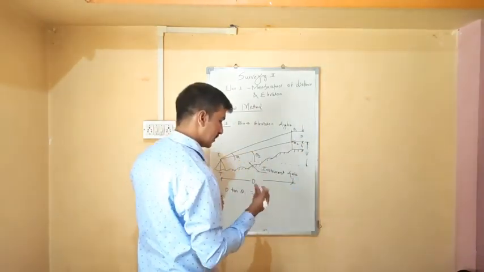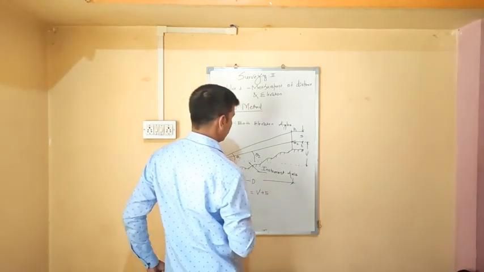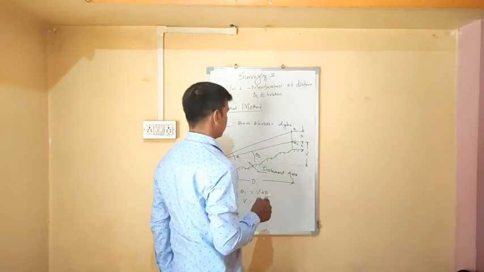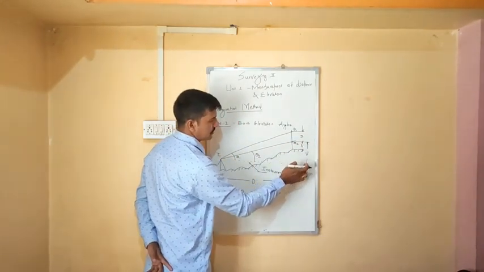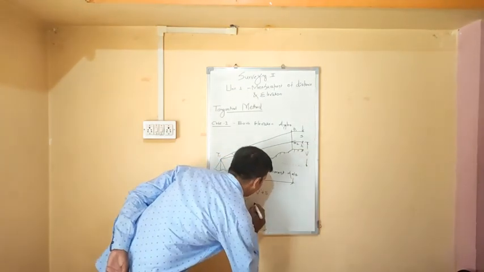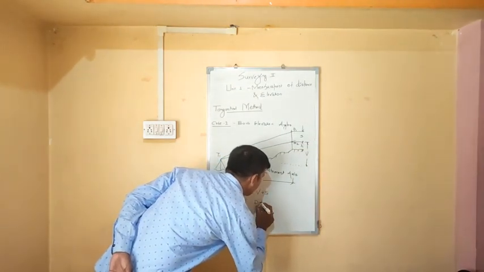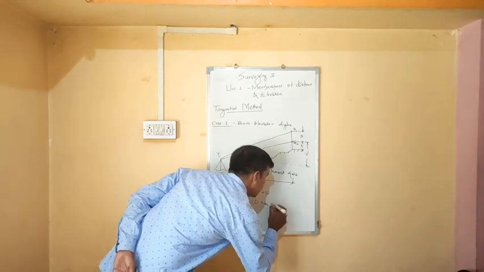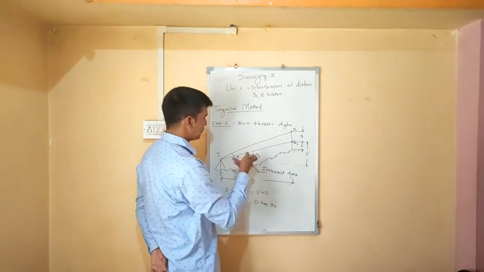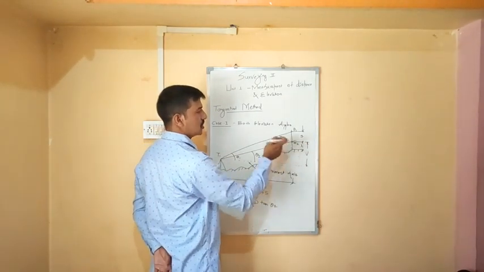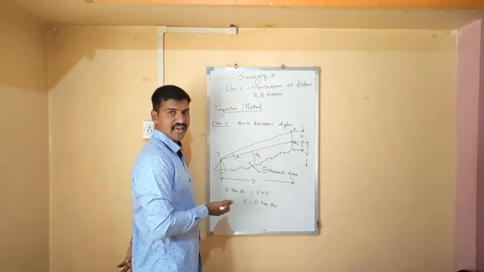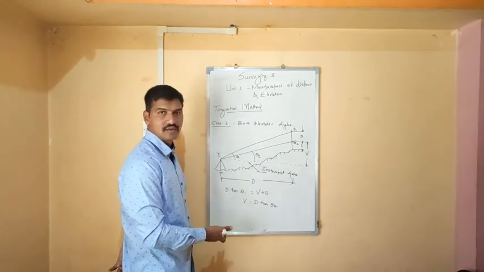Next, if you want to calculate only V, if you look towards the figure, by using trigonometry, we can easily calculate that V will be equal to D into tan of theta 2. Obviously, V is nothing but the vertical distance from instrument axis to the bottom target. So here we have theta 2. So tan of theta 2 multiplied by D, you will get V.